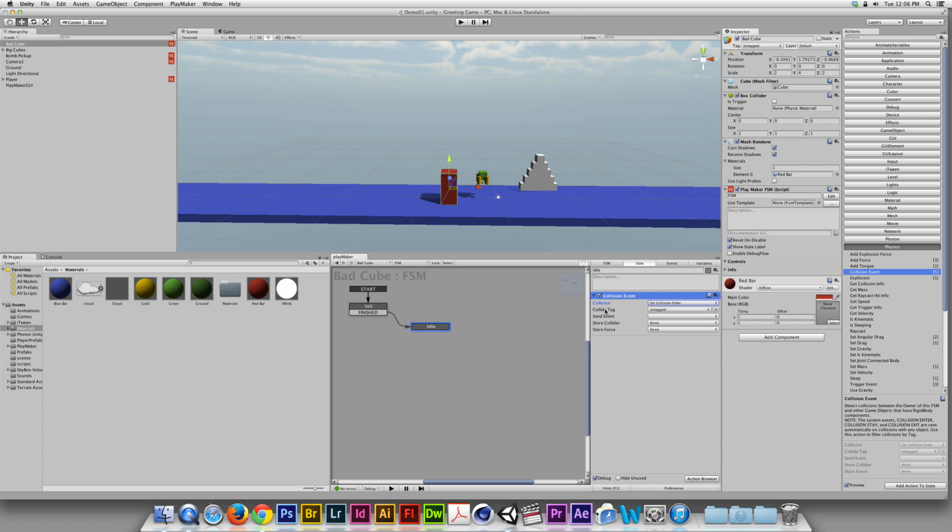I want to test to see what the object is tagged with. So I don't want to use untagged. I want to see if it's tagged with player. So if it is tagged with the player, I want to send an event. Now I don't want to send a finished event. What I want to do is create an event that is